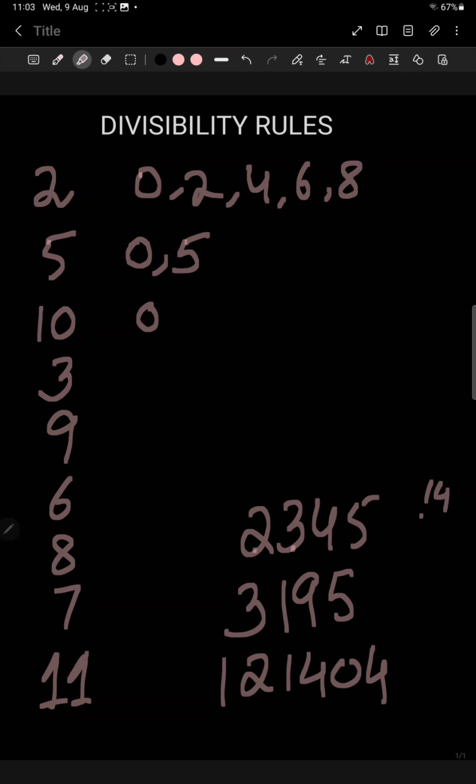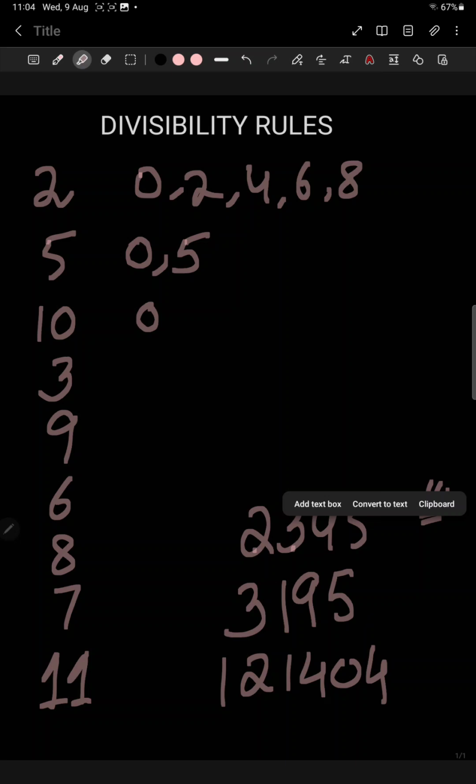14 is not divisible by 3, so the whole number will not be divisible by 3. So the sum of the digits must be divisible by 3 when the whole number is divisible by 3. So to check whether a number is divisible by 3 or not, we will add all the digits and the sum must be divisible by 3. For instance, we are going to check the second one,